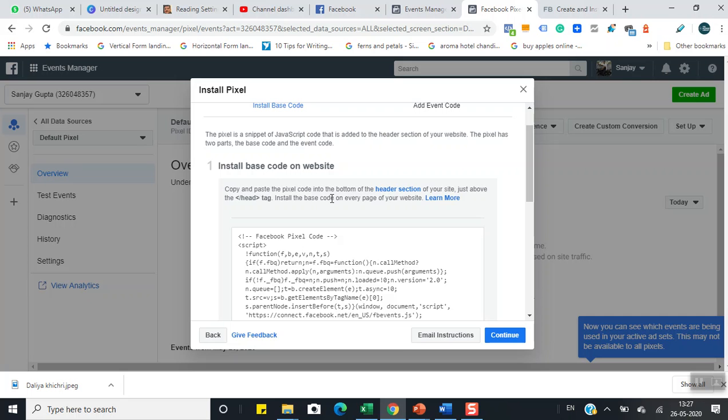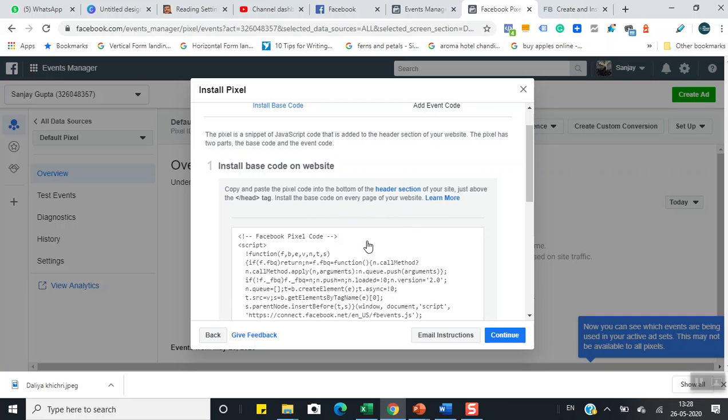Copy and paste the pixel code into the bottom of the header section of your site, just above the closing head tag. So in HTML there is an opening head tag and a closing head tag, right? So this is the closing head tag. Just above this you have to paste this code and install the base code on every page.